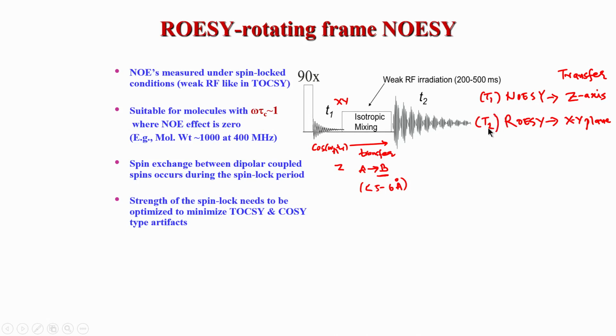If T2 is long, which happens in the case of small molecules, and definitely we are working with small molecules in the case of ROESY, we do not use ROESY for proteins, we use ROESY mainly for peptides and small molecules, and in such cases the T2 of the molecule will be sufficiently long. So, that condition is not a big critical factor. At the same time, we do not want the spin diffusion effect, which I discussed and we will discuss again later, where transfer happens between two spins which are more than 5 angstrom apart, but still happens because of an intermediate nucleus, and that can be avoided by choosing an appropriately short mixing time.